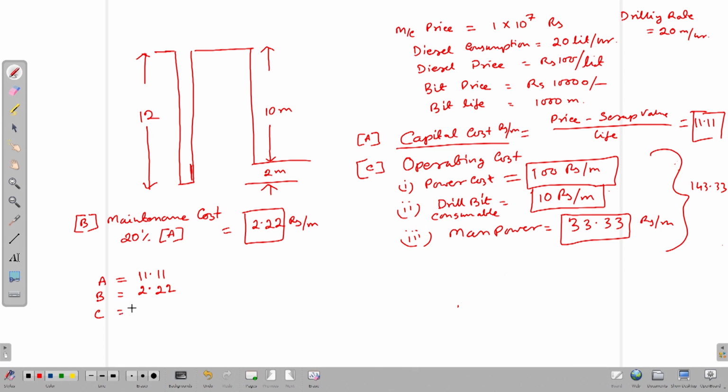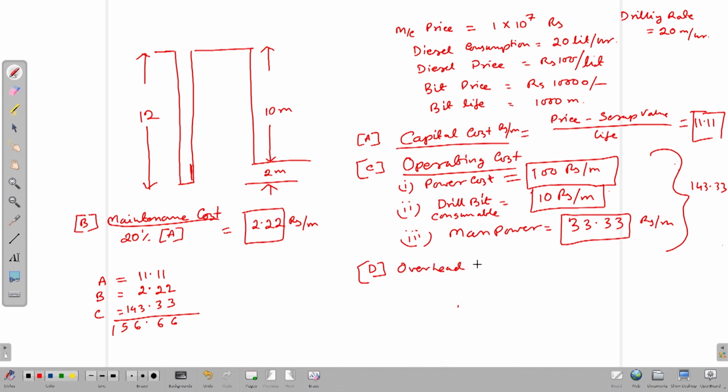So, in these 3 cost heads, capital cost head, maintenance cost head and operating cost head, our total costing is ₹156.66. So, now if we are considering the 4th head, that is the overhead,